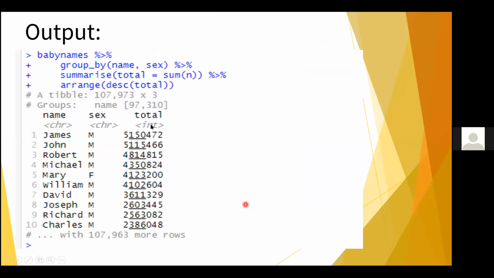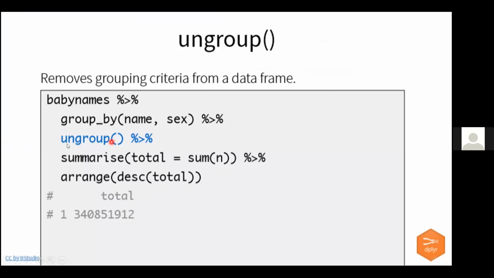Now I am using one more command, ungroup. If ungroup is again done, first we grouped it by names and then ungrouped. By ungrouping, the summarize function gives you the output on the whole data set, not by names, because we have broken this command by using ungroup. Group by command makes a group, ungroup command shattered it. It broke all the groups, and the whole baby names file is considered in one group, and the total is obtained for the whole baby names considered a single group. That's why the output is a single number